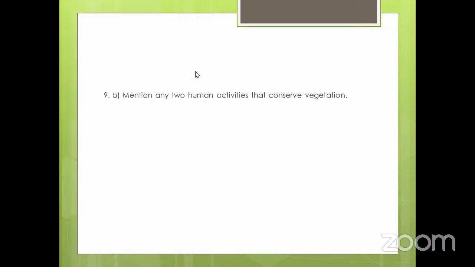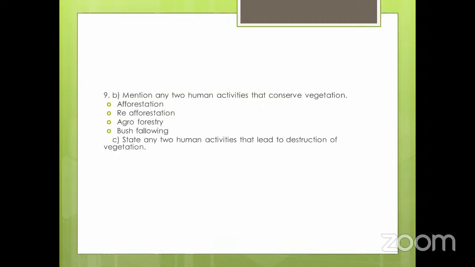All together, these are some of the human activities they are asking you to give here, but because of time, I am well informed that we are supposed to end at 4, and whereby we have even gone past 4. The human activities are there, that vegetation, we have afforestation,